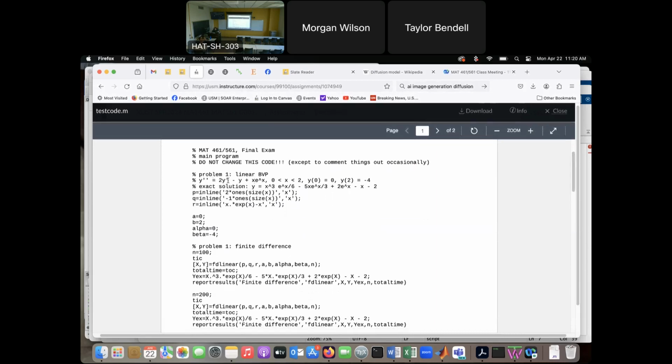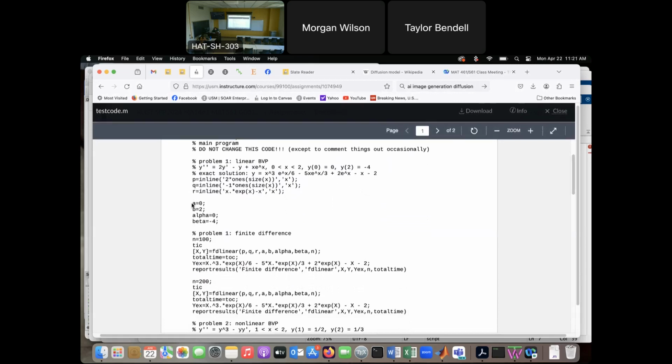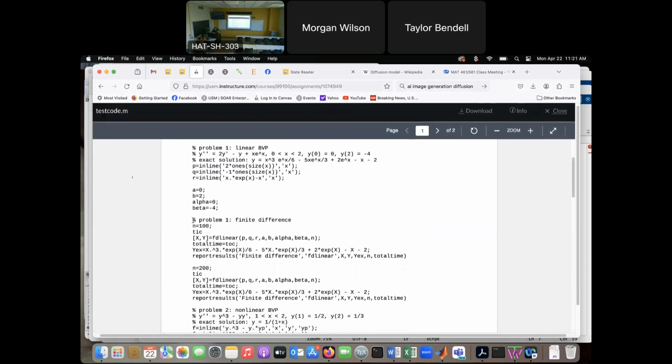But once you have this code, do not mess with it. It's meant to make things easier for you. So you define P, Q, and R. Set your boundary values in X and in Y. And then this code right here tests using finite difference. So what it'll do is set the number of grid points, and